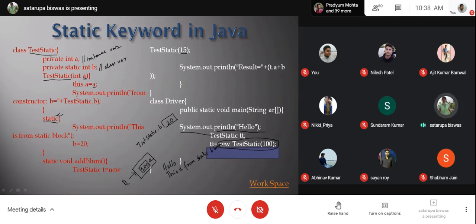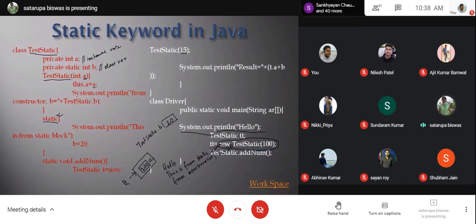Then System.out.println, from constructor b equal to, now which value of b will be printed? You have initialized it with 20, so that value will be printed here. So this is the outcome that you get after adding the second line here.